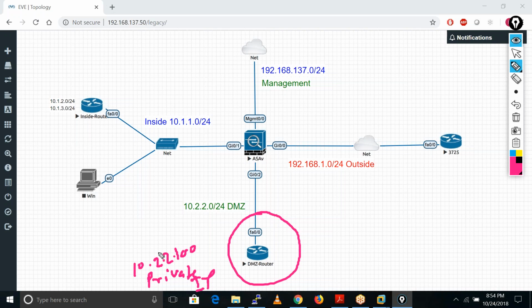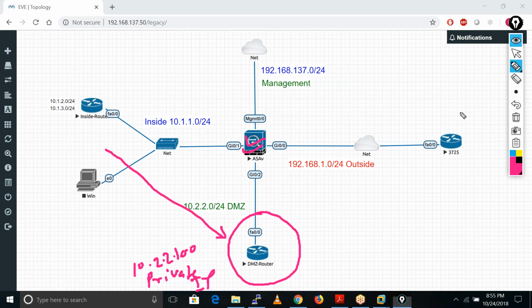These internal users can access this DMZ server easily by hitting this IP address, because our ASA firewall already has routing for this DMZ server.